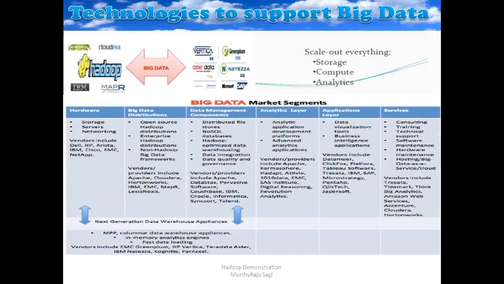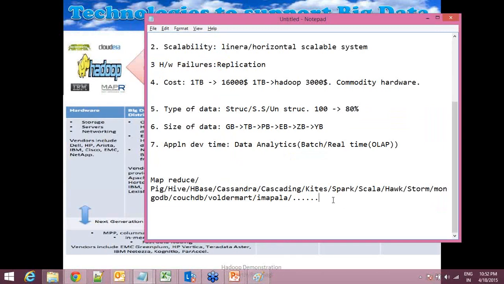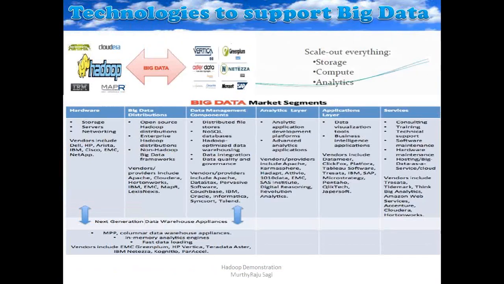And again, friends, Hadoop is not a single Hadoop. We have many Hadoops available in the market. We have Apache Hadoop, Cloudera Hadoop, Hortonworks Hadoop, MapR Hadoop, Pivotal Hadoop, Microsoft Hadoop, that is HDInsight, IBM Hadoop, that is IBM BigInsights, Oracle has its own Hadoop, Oracle Big Data Appliance, and Amazon has their own, that is AWS. So like this we have many Hadoops available.